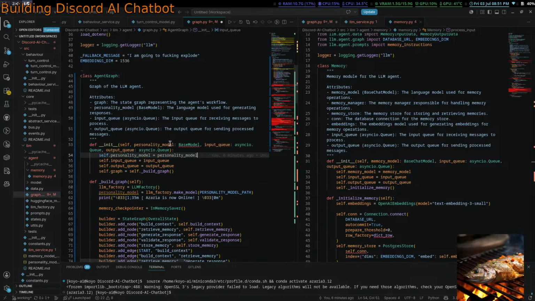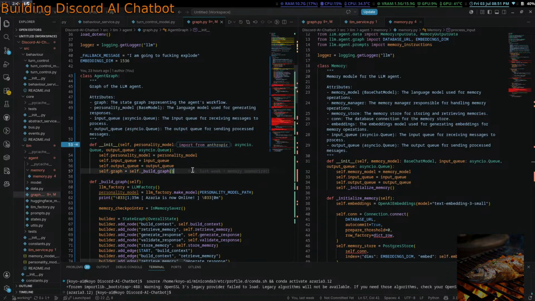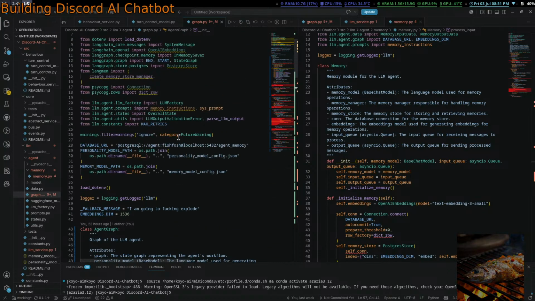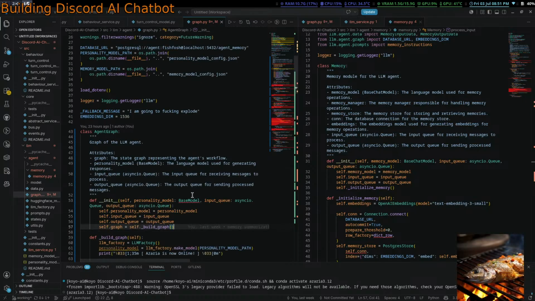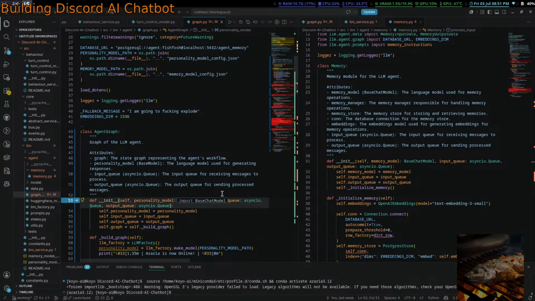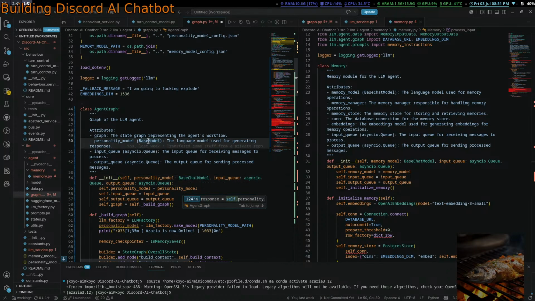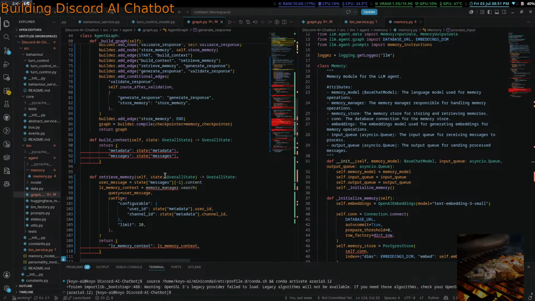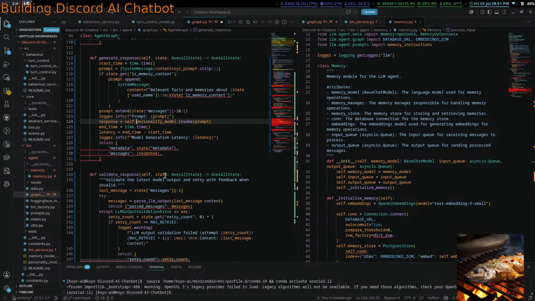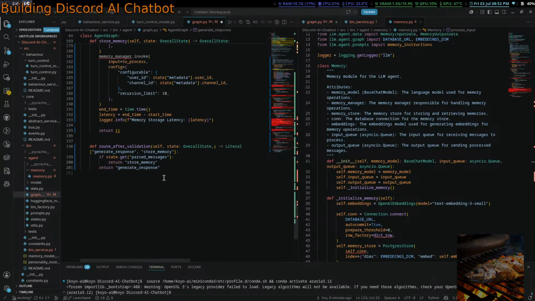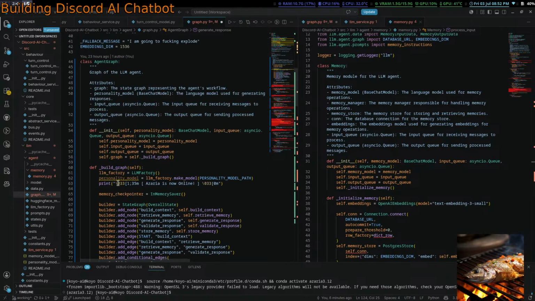This is just base model. Oh, base chat model. Whoops. Is that all the stuff with the generation with the personality model?